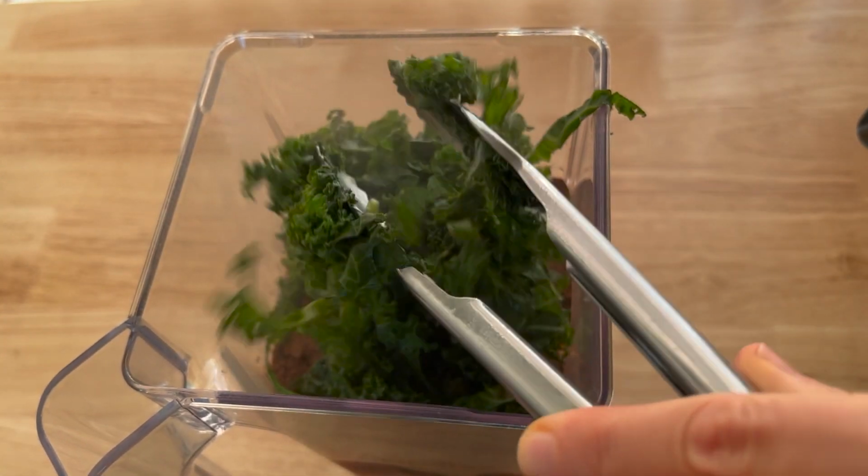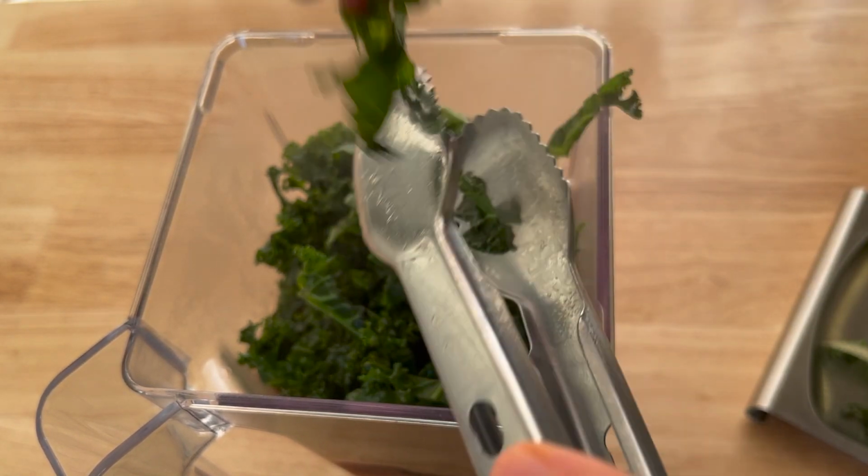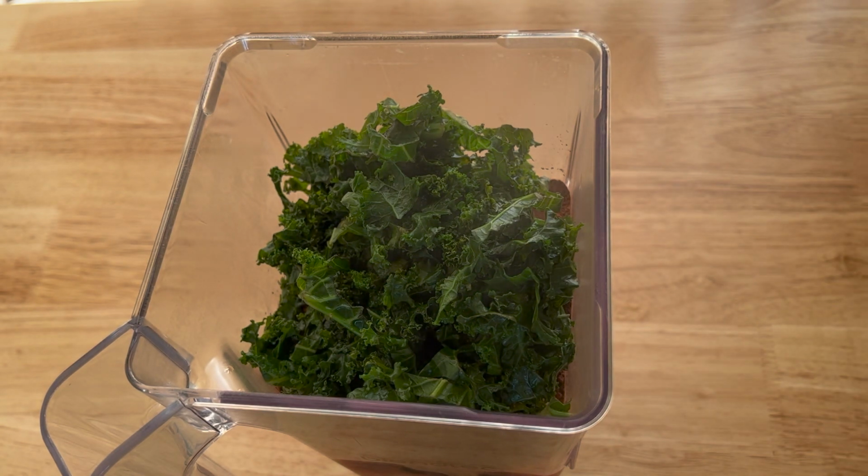And I talked about this in my last video, I find that steaming my greens makes them easier to digest, and it can also reduce oxalates, which some people have to be concerned about if you have kidney stone issues or you get joint pain issues. That can be a problem for people with autoimmune disease. If you find that you're eating a lot of raw greens and you have sore joints afterwards, then you might try steaming your greens,